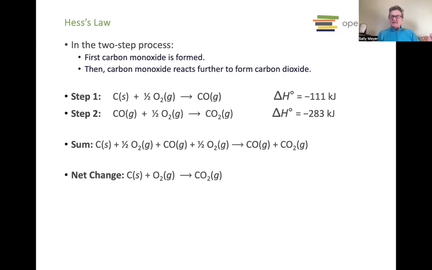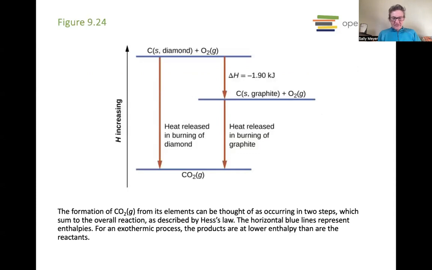So we know that the delta H sum for those two steps has to equal the delta H for doing it in one step. And this just shows that in a visual. You could do it as a one-step reaction or a two. Those arrows on the right have to add up to be the same length as the arrow on the left because the enthalpy change is the same whether it's done in one step or two.